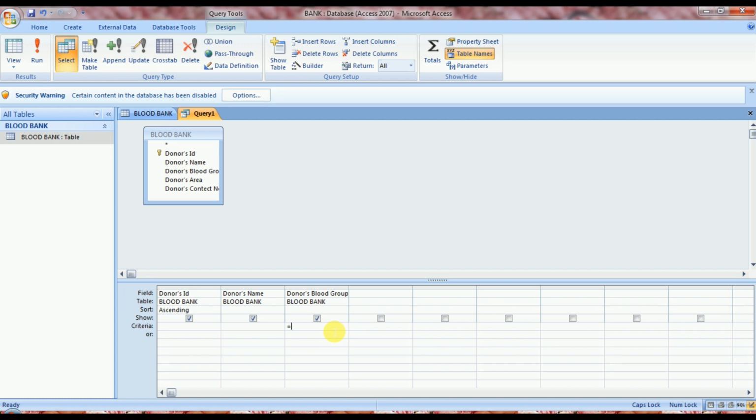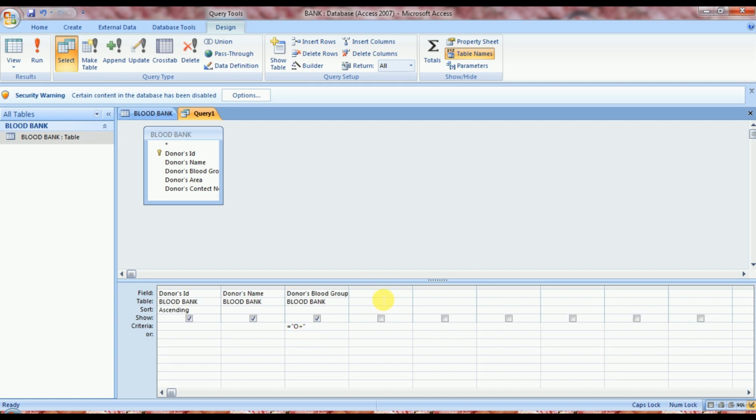Here I want to see those people's contact and name whose blood group is O positive. So right here write the equal to sign, then in double inverted commas you have to write the blood group name. I want to see O plus, so right here O plus, then close the double inverted commas. This is called a criteria. We have to write it in the criteria field.